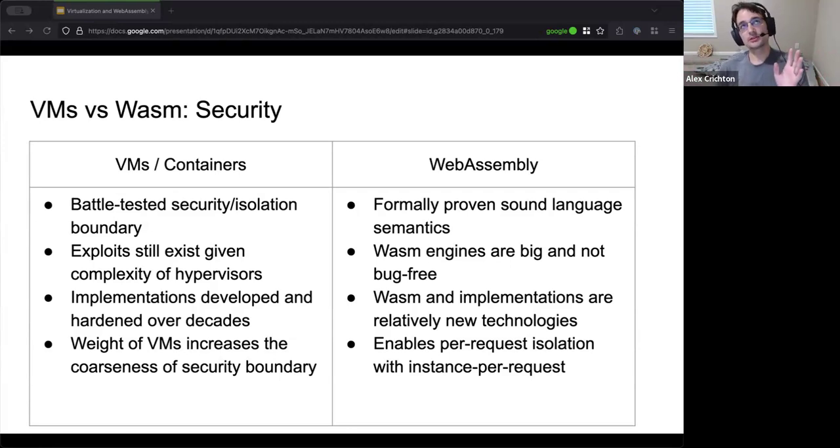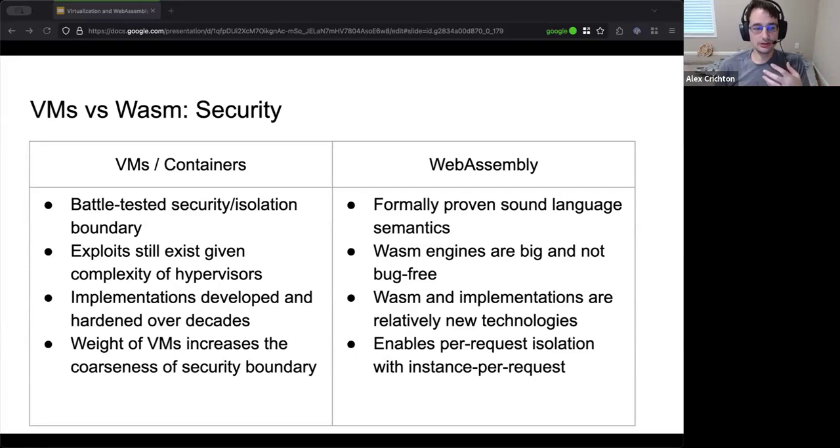But an interesting aspect of the security here is the technical constraints of virtual machines. They're big. They take a long time to start. They sort of guide how you run virtual machines. So you might run a server in a virtual machine, the entire server. Every single request hits the exact same server, everything's in process, and you just rely on the server being correct to not leak information between requests.